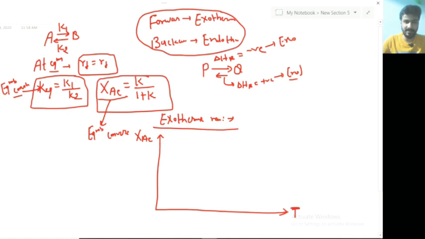Now understand one thing, what is happening? If you will increase the temperature, then what will happen? The equilibrium conversion will try to decrease. Then the equilibrium conversion will start to decrease. Now if you will talk about CSTR, just try to understand. In case of CSTR, what we have seen,